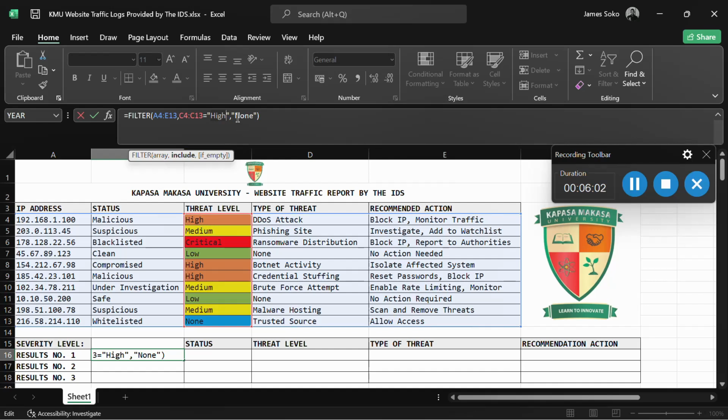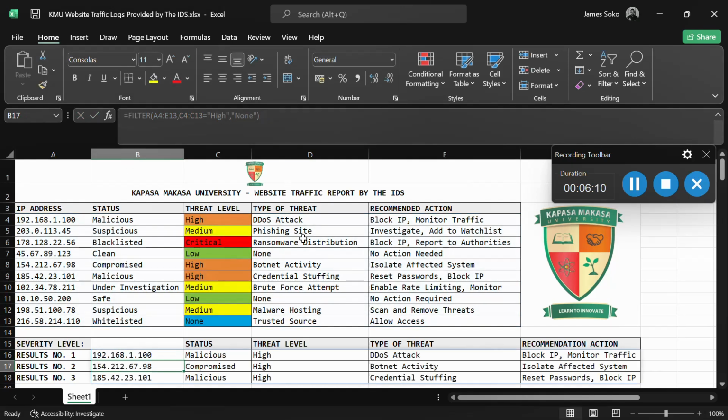Then we give a message to say if this is not found, you can print out none. Once you press enter, you can see that our filter has filtered out all the results containing a threat level of high. So this is what we call single value filtering. Here we targeted this specific threat level, which is high.